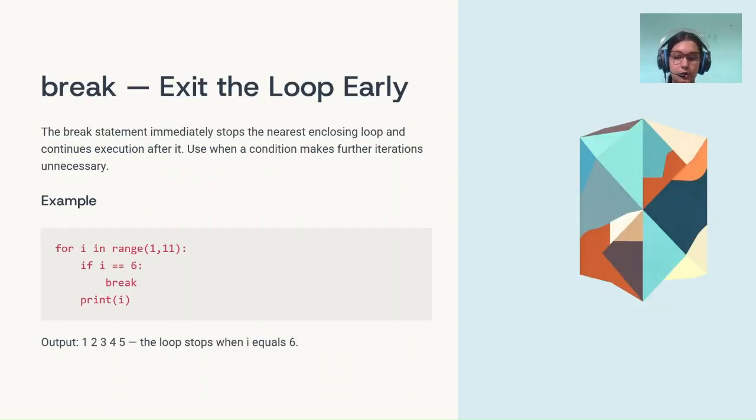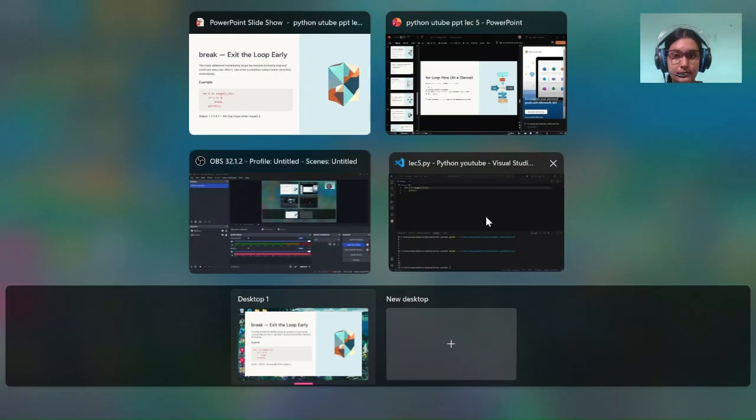So let's move on to our break statement, which is another important statement in Python. It is used to exit the loop early. Sometimes we don't want the loop to continue until the end. The break statement immediately stops the loop. If we look at an example,